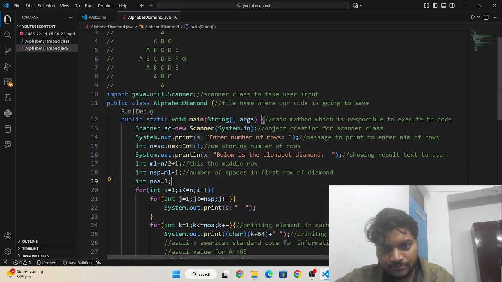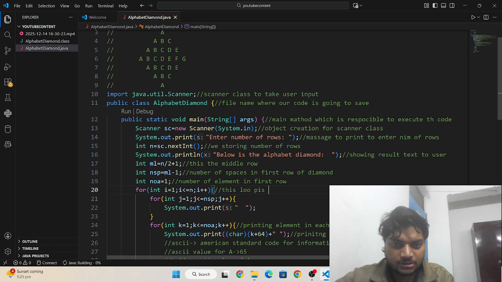Okay, number of elements in the first row. This loop is controlling the number of rows.